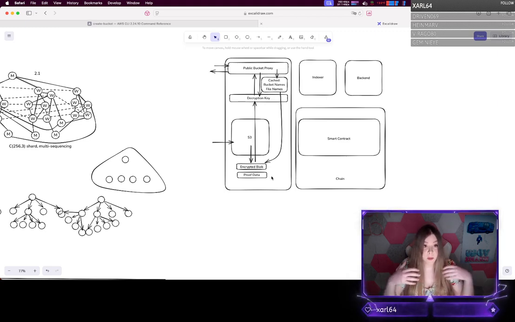It provides that surface area for your S3 SDK to interact with and integrate with, and it will do all the operations that the public bucket proxy is doing, privately configured to you, so that you are maintaining that strict trust boundary where Quilibrium Inc. is not involved at all. We just simply made it easy for you to manage this.